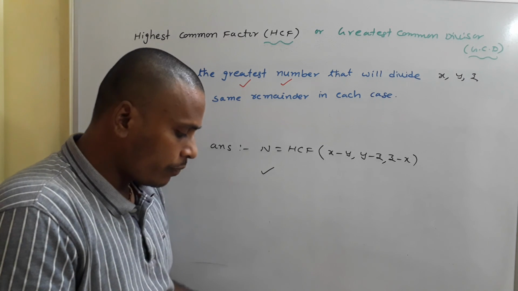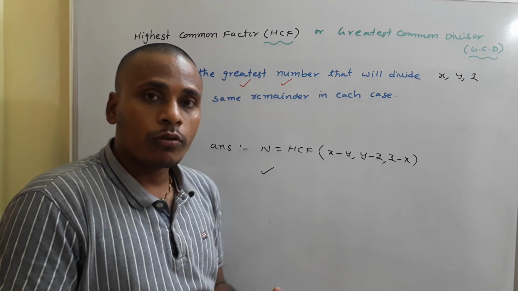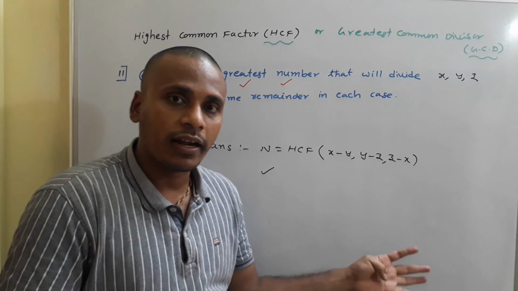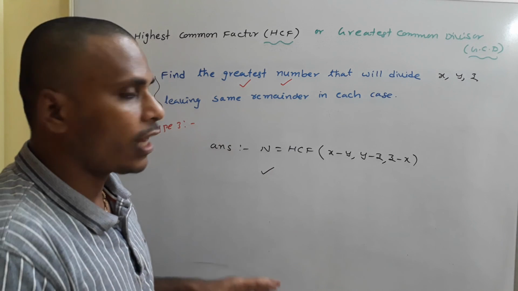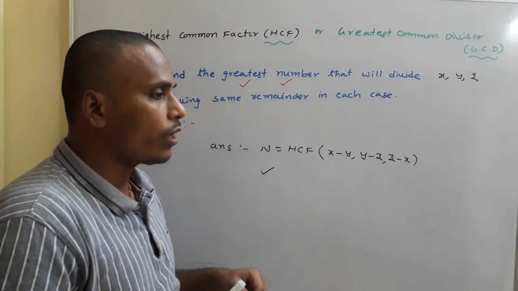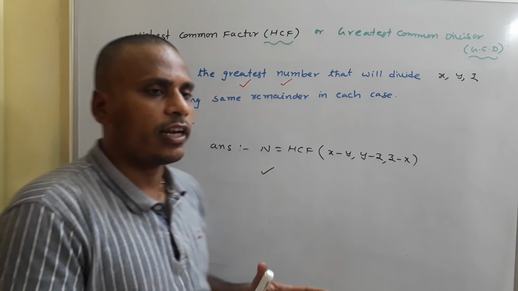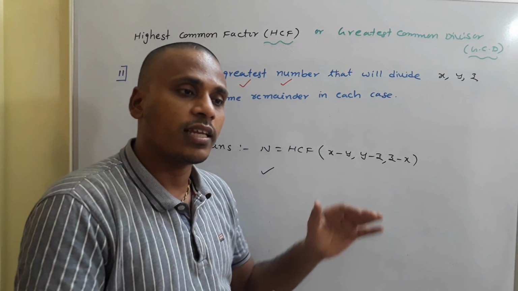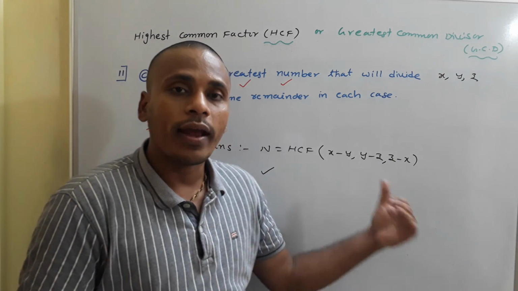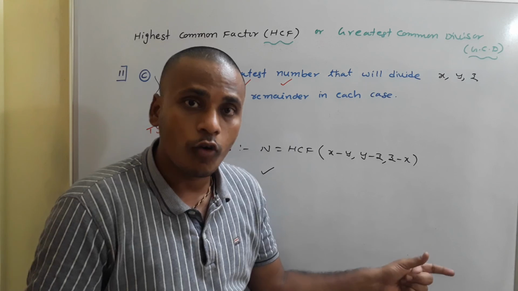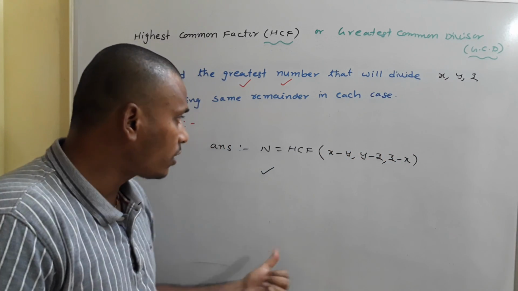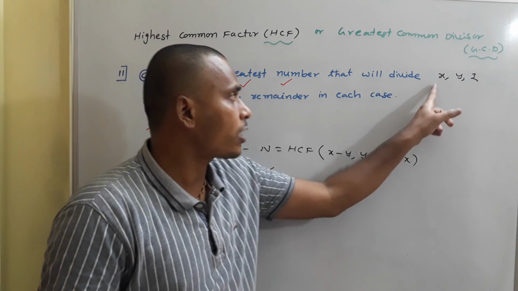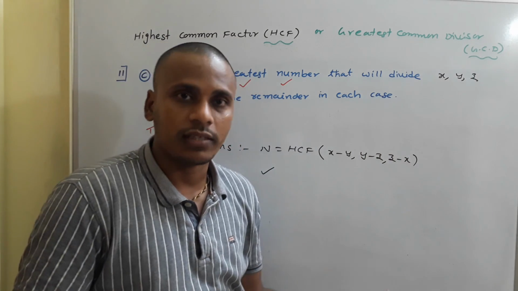Okay. Finally, in this class we learnt about finding HCF using the prime factorization method, division method, as well as the long division method, and then three different types of problems. Usually related to HCF, we face these three types of problems. For the first type, your answer is the HCF of the given numbers directly, whereas for the second type, your answer is the HCF of these differences minus the corresponding remainders, whereas for the third type, your answer is the HCF of x minus y, y minus z, and z minus x.